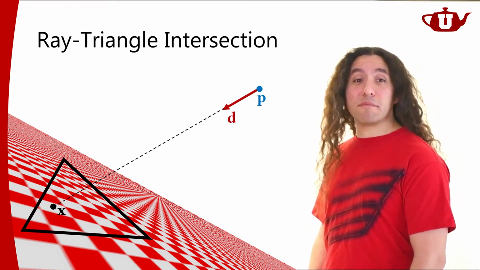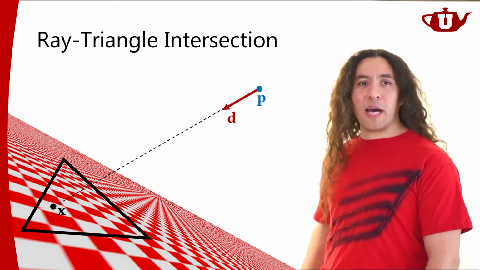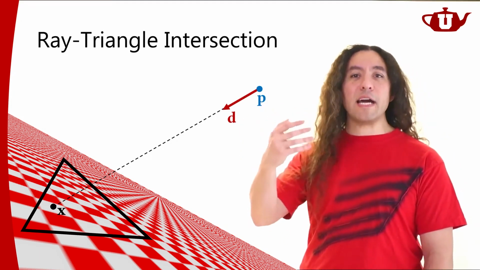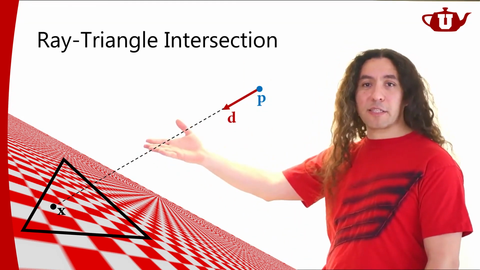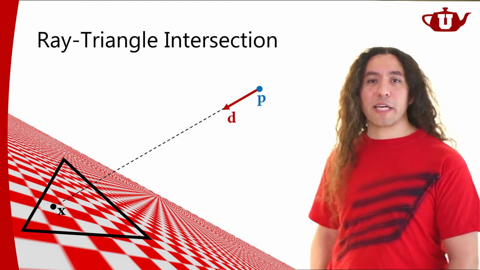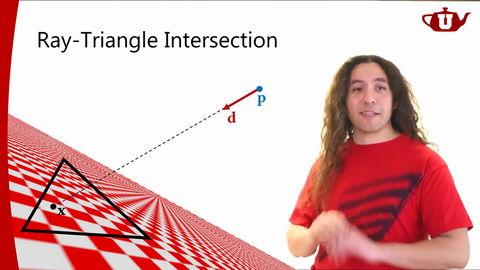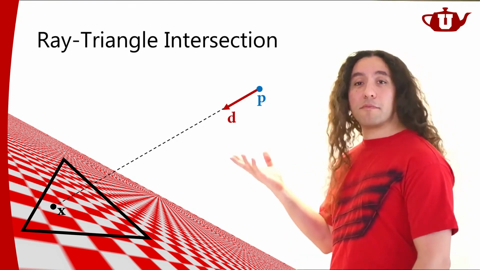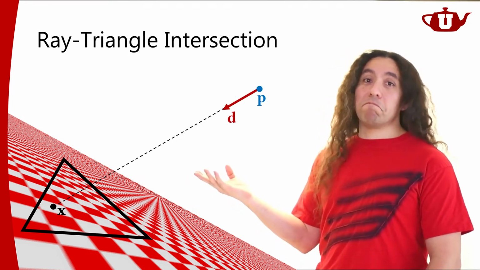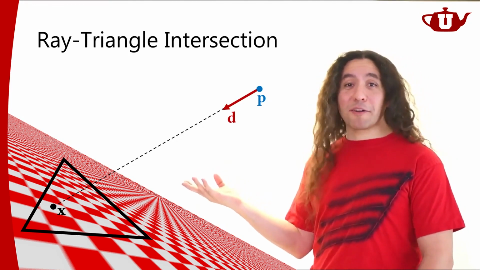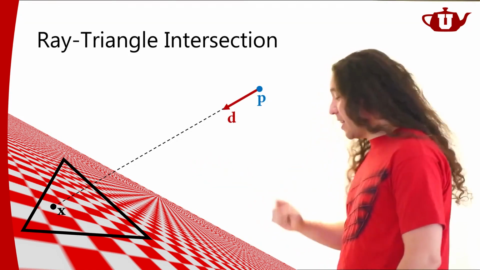I'm skipping the mathy details over here, because I don't think those mathy details are that important. I just want you to understand the general idea of how you would approach a problem like this, right? The way you do that is find the intersection with the plane, and then check if that intersection is inside the triangle. That's all I want you to get out of this entire discussion. All right, so that's the ray triangle intersection, and if I can do a ray triangle intersection, since I'm representing anything as triangles, I can render anything. Right? All right, let's see how we do that.